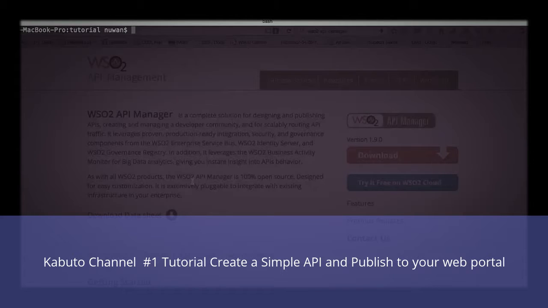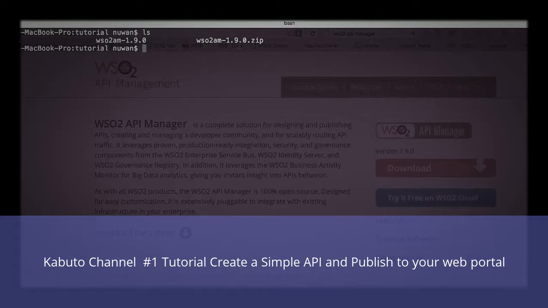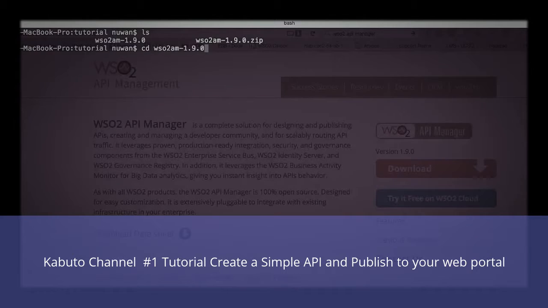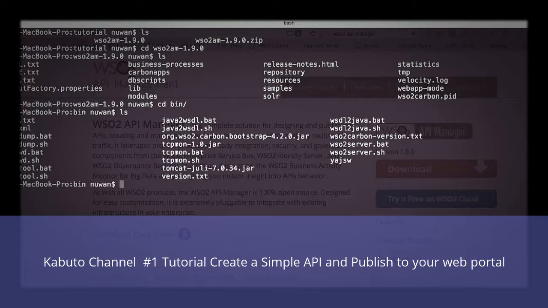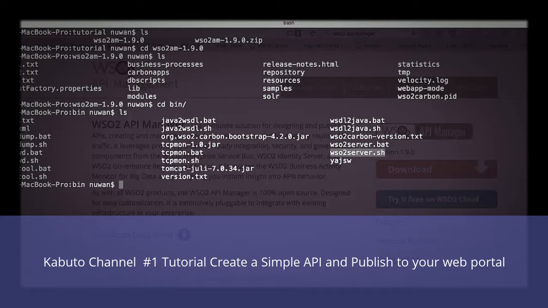This will download the product into your file system, and the product name will be WSO2 AM and with its version .zip. You can unzip this file into a preferred location and you can go inside the home directory of the product. Inside the home directory, you will see the bin directory which contains the startup scripts of the server. The wso2server.sh is a startup script that can be used in Linux and macOS environments, whereas the server startup bat can be used in Windows environments.